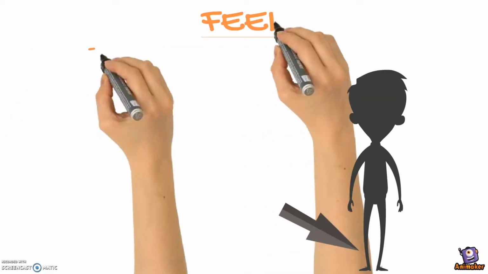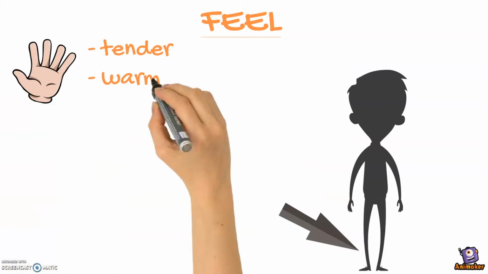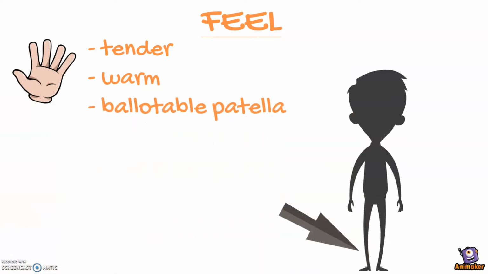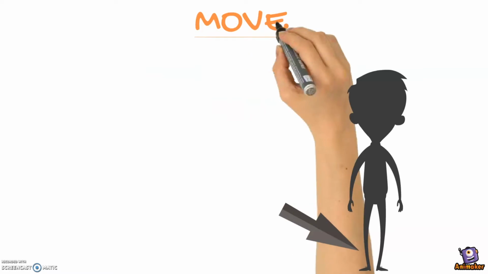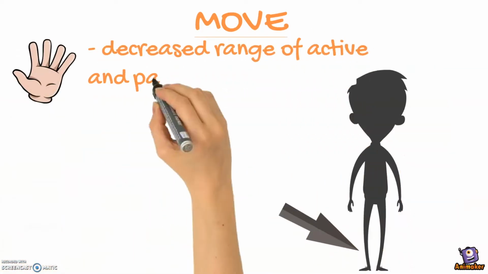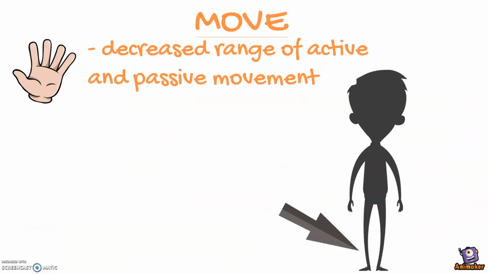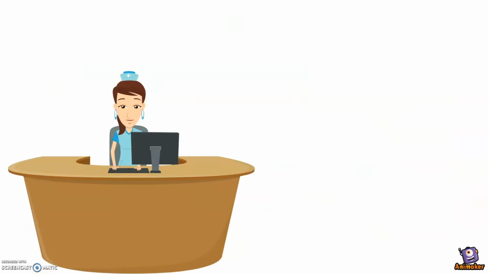When feeling the joint, you note marked tenderness and that the joint is warm. There is an effusion and the patella is ballotable. When moving the joint, you note that there is a reduced range of both active and passive movement. You make detailed notes in the patient's folder and think about your fifth-year medical school training when you did your